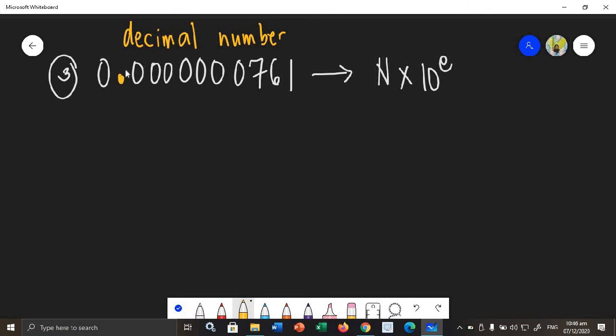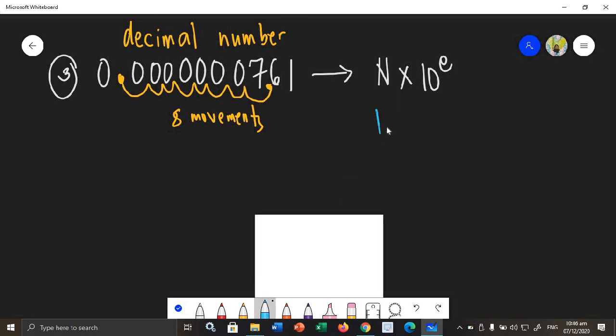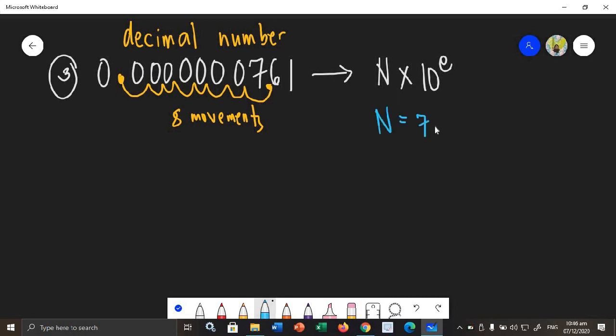And we will move the decimal point. Unlike kapag whole number yung given, kasi kapag whole number yung given, papunta sa kaliwa or to the left yung movement natin. Dito, kapag decimal number yung given, papunta naman sa right. Okay, so let's say we have 1, 2, 3, 4, 5, 6, 7, 8 movements. So the value of our n is 7.61 and the value of our e is 8 movements and it is